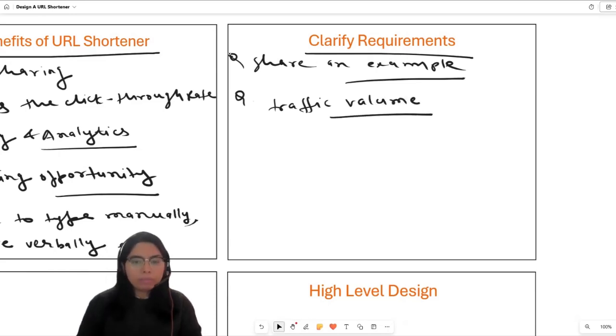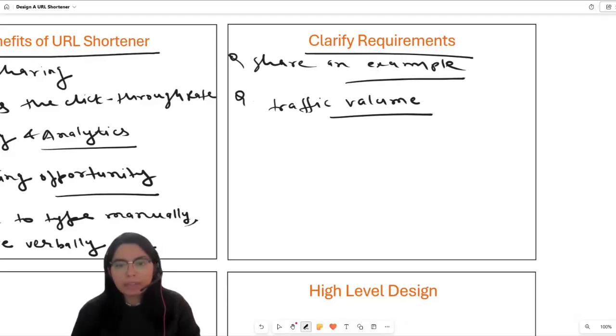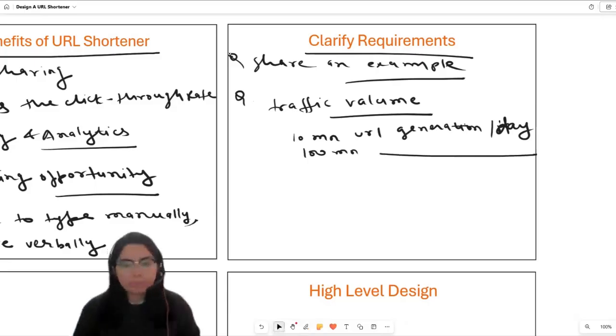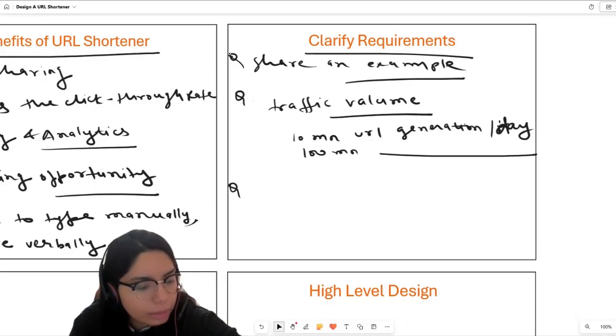What is the traffic volume that we are planning to support for our service? So let's say 10 million URL generation per day, or probably 100 million URL generation in a day. Then discuss the next question with the interviewer,